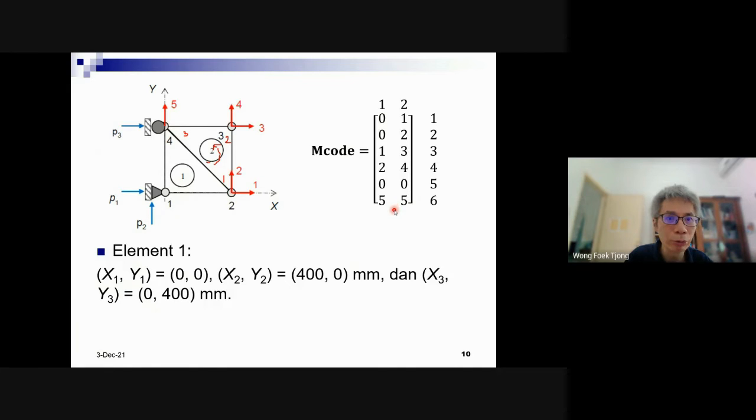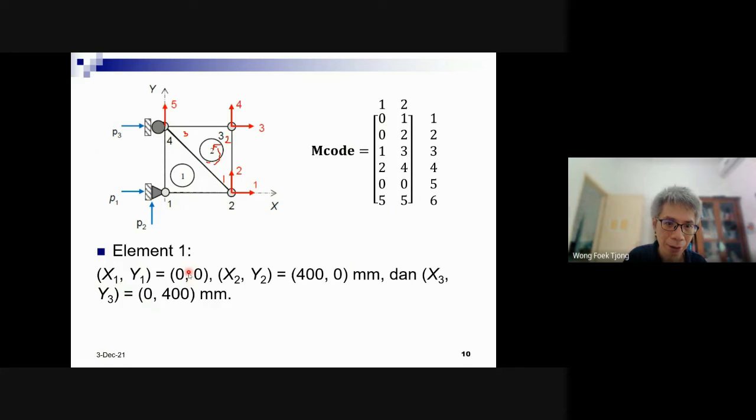Now we are going to use the CST in the context of the direct disk method. I choose here the DSM A. You may choose also the DSM P if you want. Next step, for element number 1, we should calculate the stiffness matrix. But to calculate the stiffness matrix, we need this data, right?